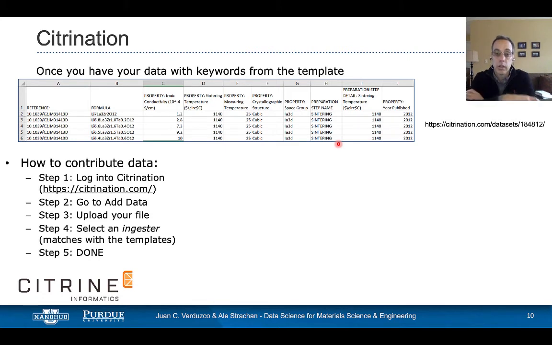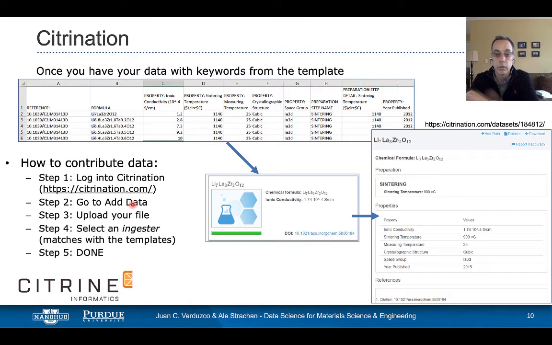When you're carrying out your experiment, you have access to all of the metadata required to reproduce the results, and you should collect those. And so once you have the data, you go to Citrination and you pass it through an ingester that takes your data and generates this little information. It provides a DOI, digital object identifier, and here's your data. And anyone from around the world can learn from your data, query your data, find it, filter it, whatever they need to do.